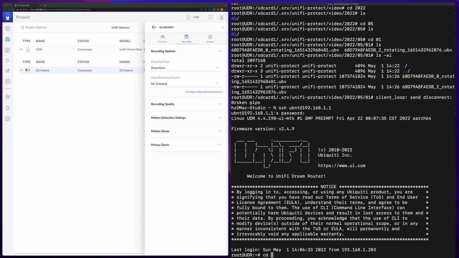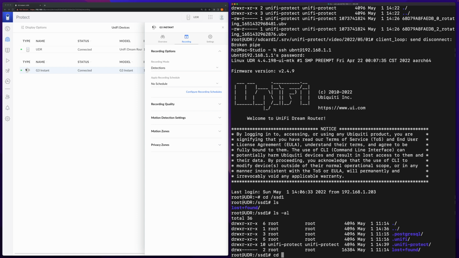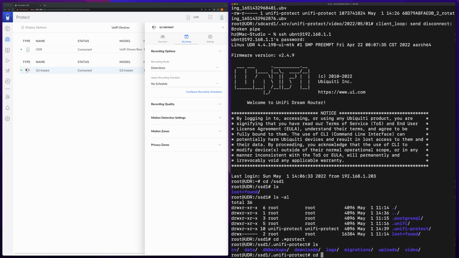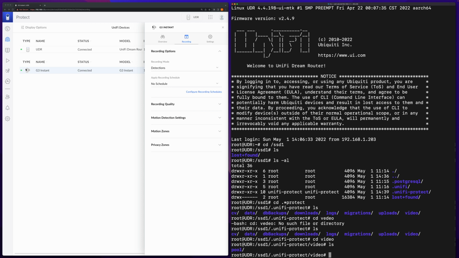Let me switch to the SSD1 folder, the ssd Protect folder, cd video. The 2 videos from the SD card were gone. That's totally expected. So basically the conclusion, at least in my testing: when you do not have an external SD card inserted, you can have some videos saved on your SSD, but when you insert an SD card, even though it will take the system multiple minutes for preparation,